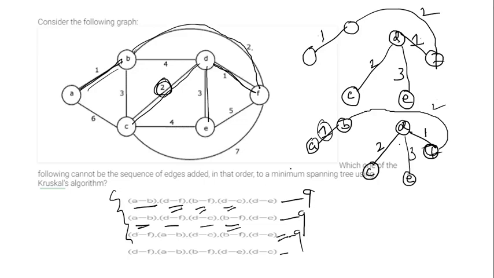What about this one? Which cannot be the sequence? So this is a probable sequence. This is also a probable sequence. You are also saying the third one also. But let us say yes. Take the fourth one, DF. So once again, DF. This one, which is 1, and then AB.